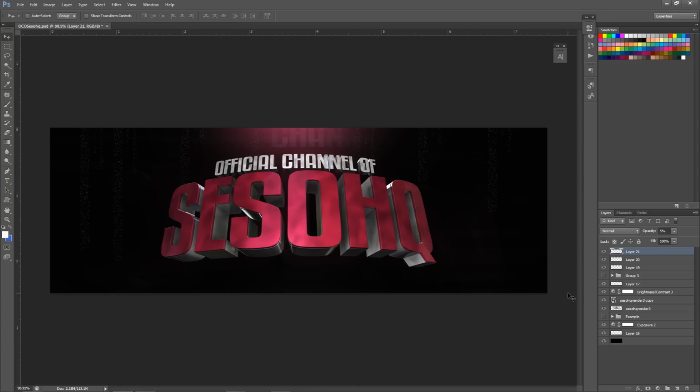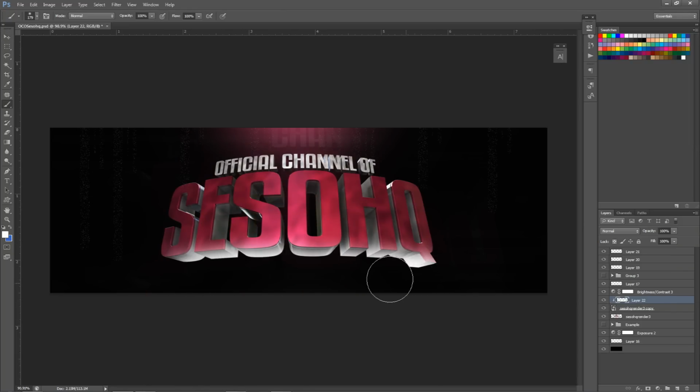Alright, cool. As well, I want to do something really quickly. I'll make a new layer above my render here, and I'm going to use my brush just to put some little highlights on the bottom. Just like so, and put it on overlay. There we go. Looking nice, looking nice. Alright, cool. And now pretty much from here, it's all up to you, but I'm just going to